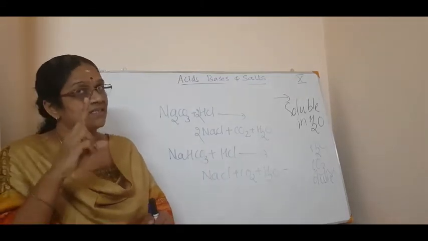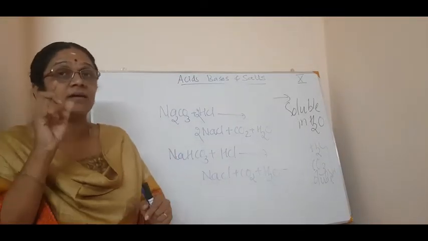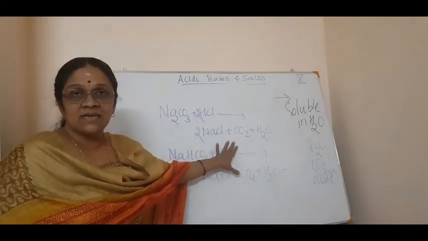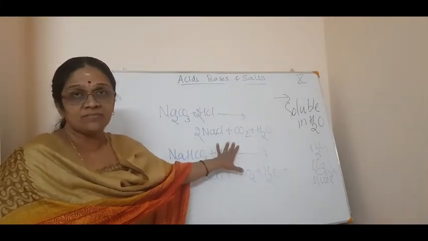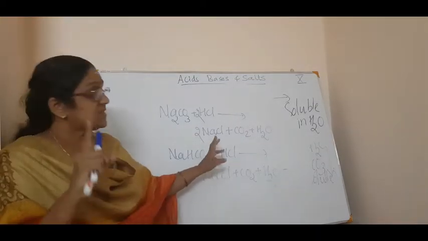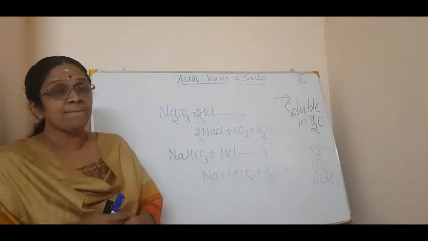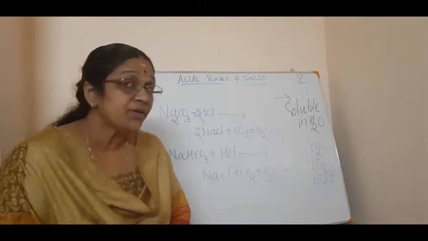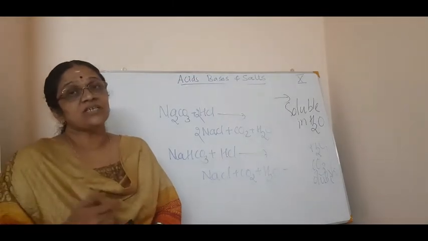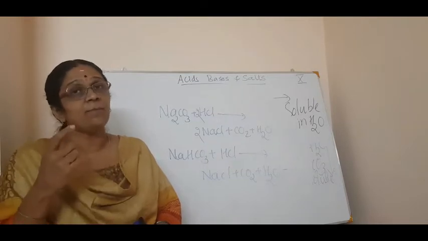Now one question is, how will you know whether the gas is carbon dioxide? Or give 2 tests to distinguish whether the given gas is carbon dioxide. How will you test for carbon dioxide? First is by turning the lime water milky. Correct? That is the first test, the chemical test. Now what is the second test? How did you test for hydrogen gas in the last session? It will bring a pop sound, isn't it?